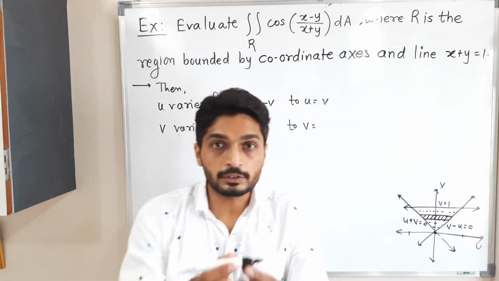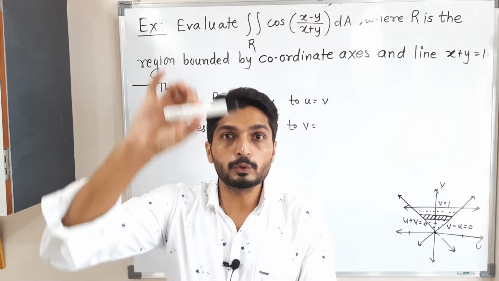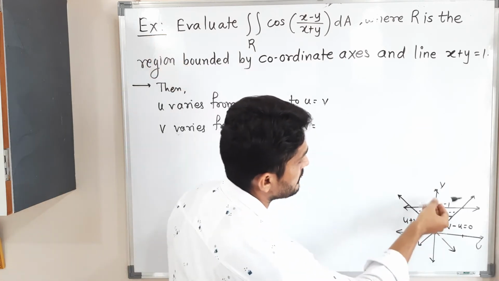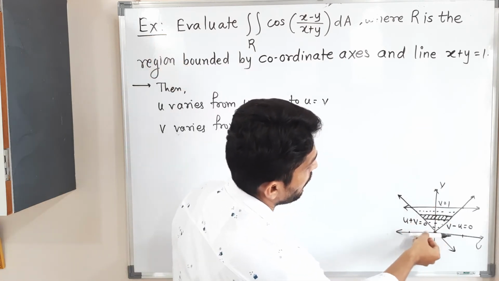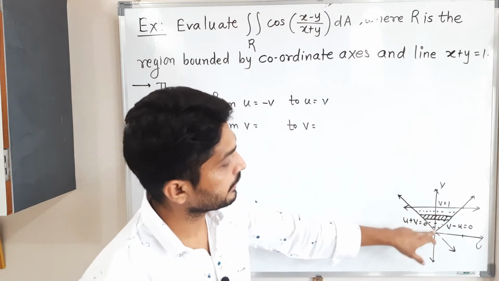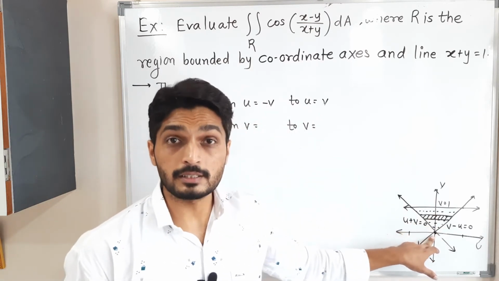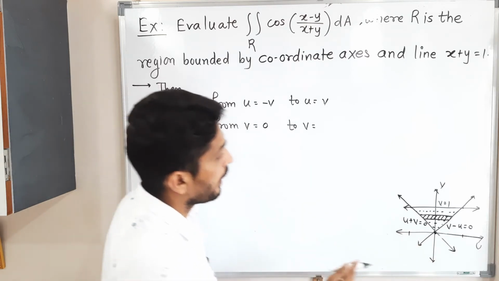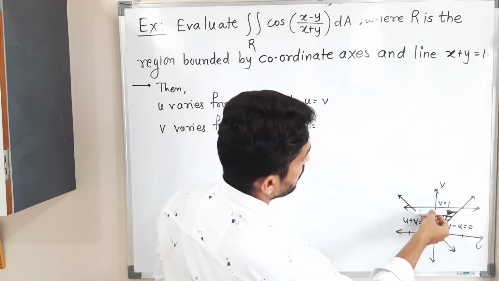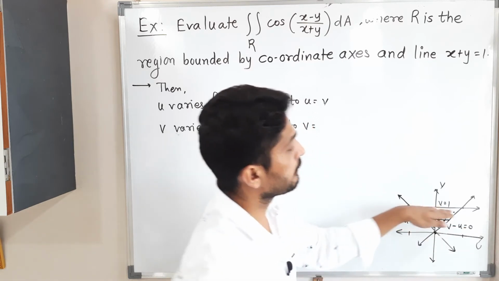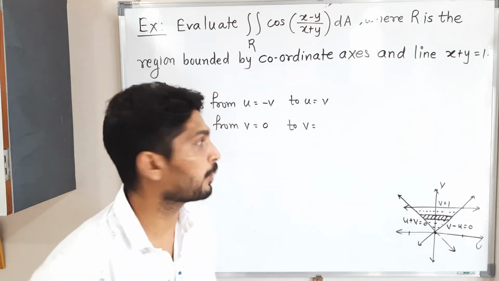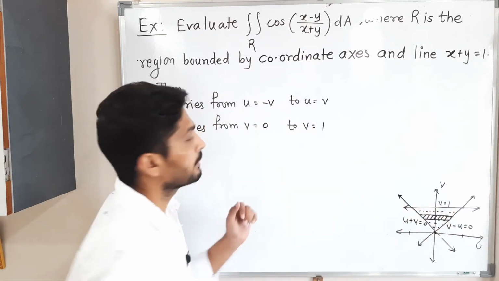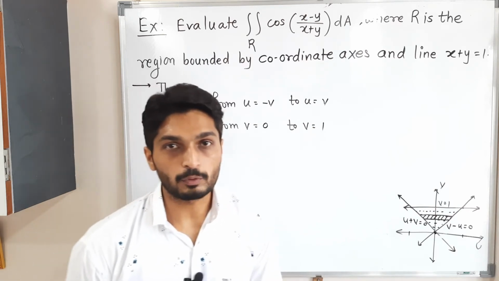After that, the strip will move from bottom to top. So it will move like this. If you are bounded below, it can reach up to this point, 0 at the origin. So the value of v is 0. And if you move in this way, it is bounded above. It will stop here at v equal to 1. So that's why the limit of v will be 0 to 1. Okay, so we have got a limit.